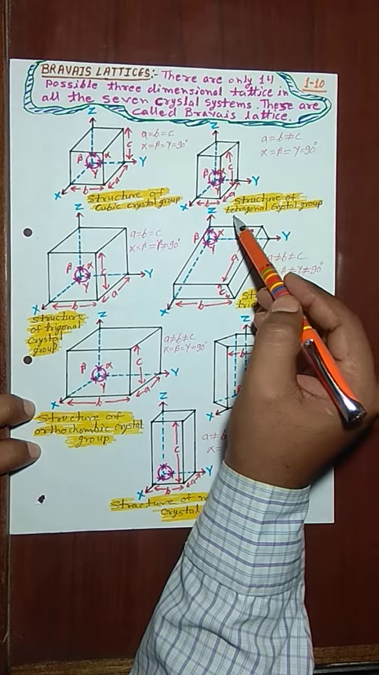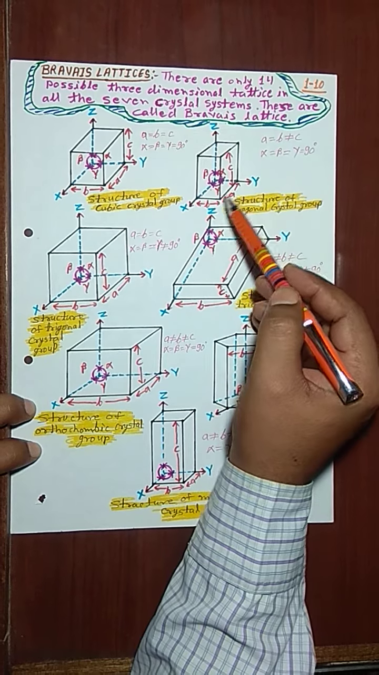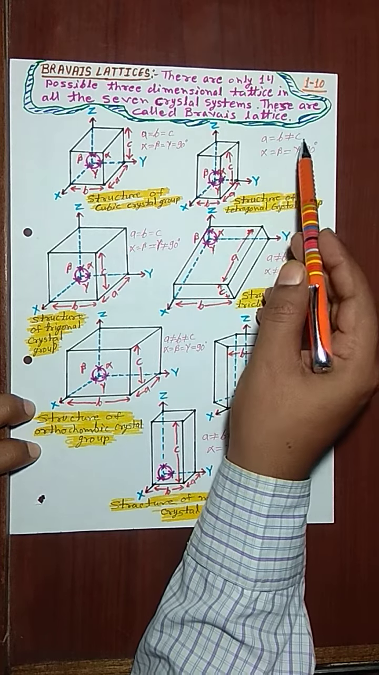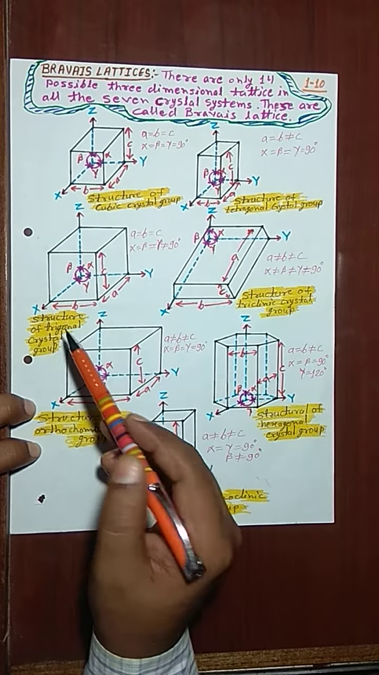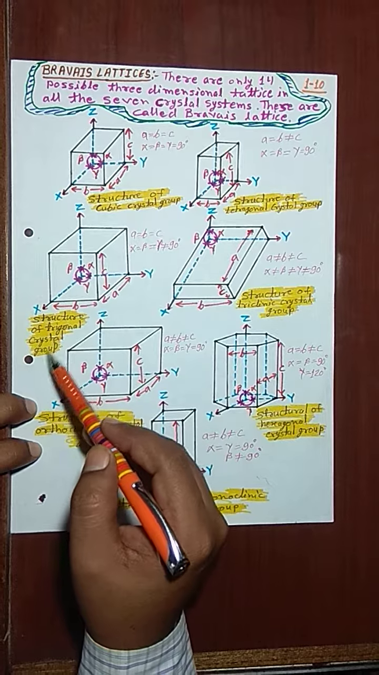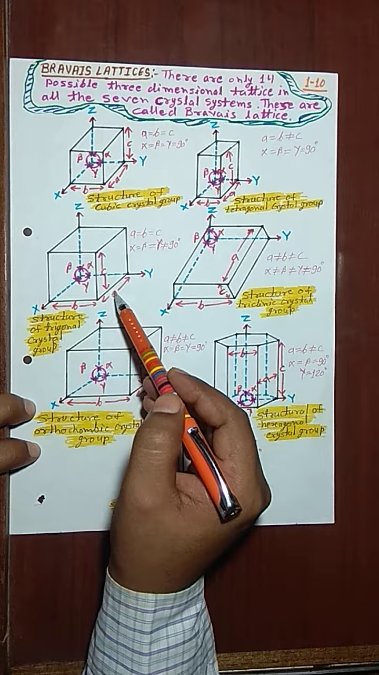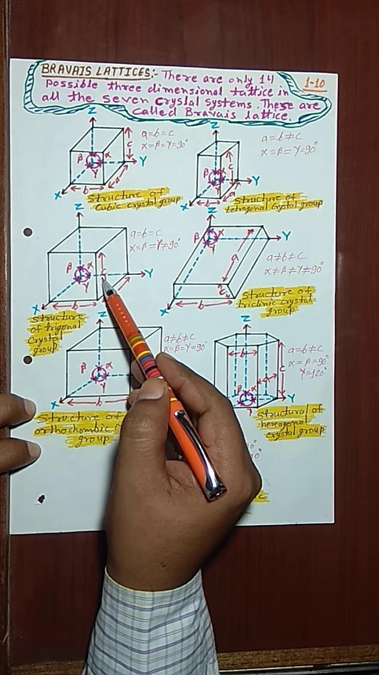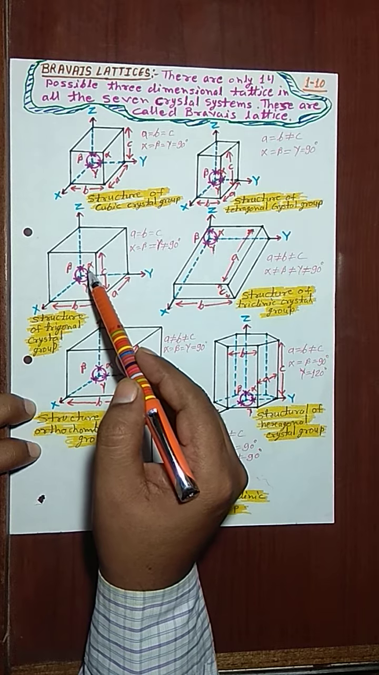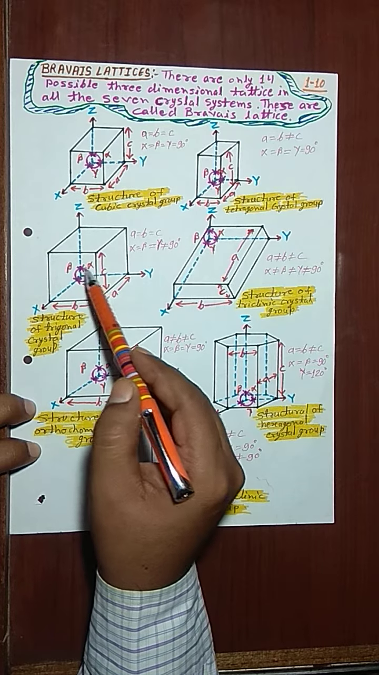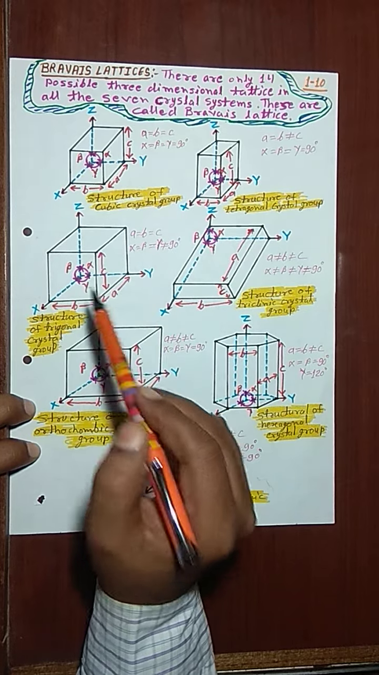And in tetragonal crystal group, A is equal to B, but not equal to C, and alpha, beta, gamma is equal to 90 degrees. This is trigonal crystal group. In trigonal crystal group, A is equal to B is equal to C, correct? Axial distances, but interfacial angles, alpha is equal to beta is equal to gamma, but not equal to 90 degrees,